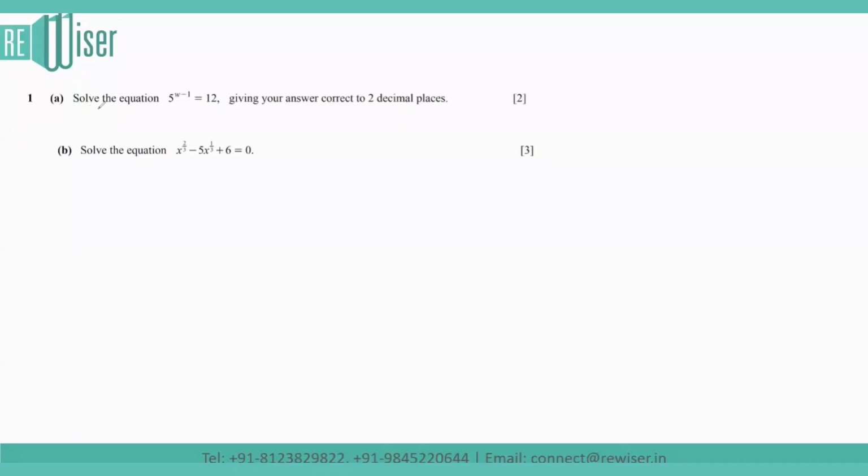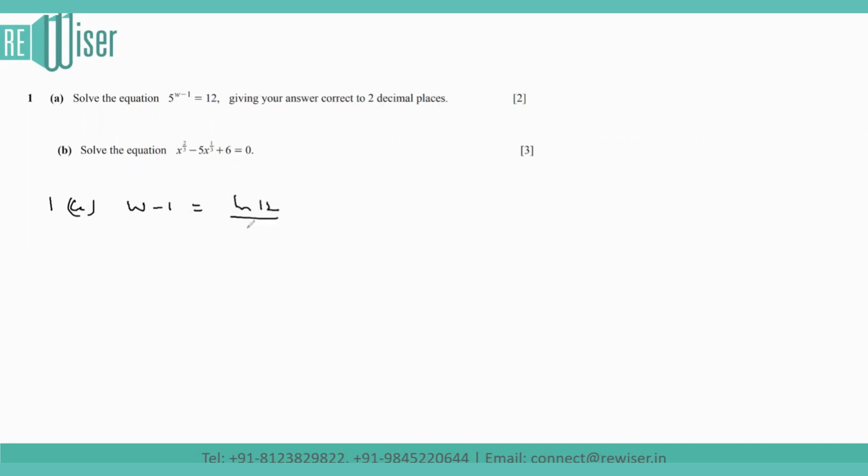Hello students, we have to solve the equation 5 to the power w minus 1 equals 12, giving our answer correct to two decimal places. So if I'm writing an answer for part A, if we take log on both sides, we can write w minus 1 is equal to ln 12